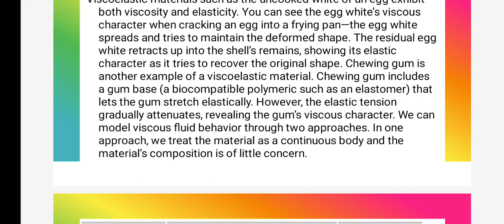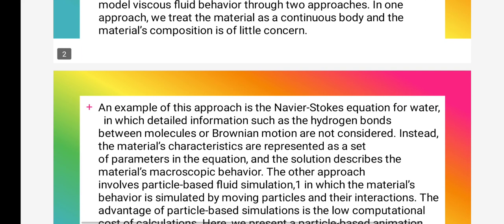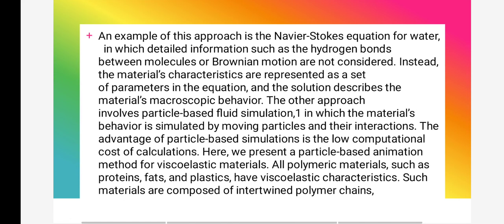We can model viscous fluid behavior through two approaches. In one approach, we treat the material as a continuous body and the material's composition is of little concern. An example of this approach is the Navier-Stokes equation for water, in which detailed information such as hydrogen bonds between molecules or Brownian motion is not considered. Instead, the material's characteristics are represented as a set of parameters in the equation, and the solutions describe the material's